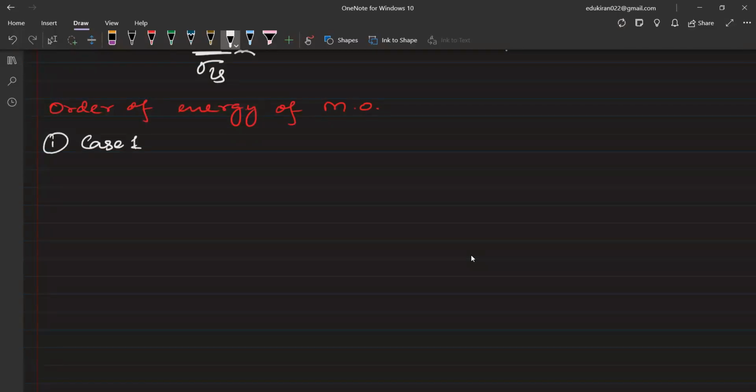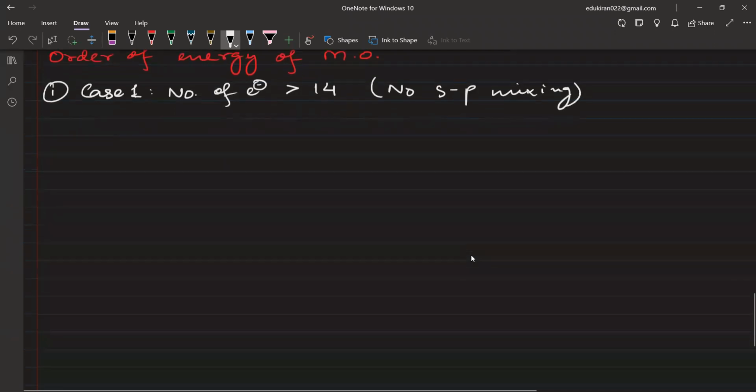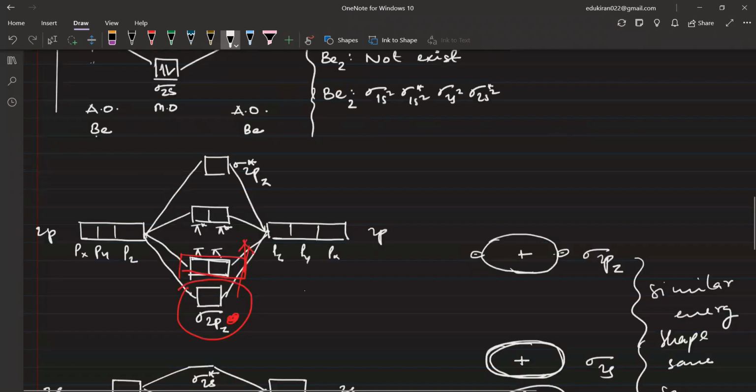Case 1, when the number of electrons is greater than 14. In this case, there is no sp mixing. इस केस में क्या होता है? नो sp mixing. अब वो भी क्यों नहीं होता हम बताएंगे. ओके, नो sp mixing. अब अगर sp mixing नहीं होता है, then you will be having a very simple case